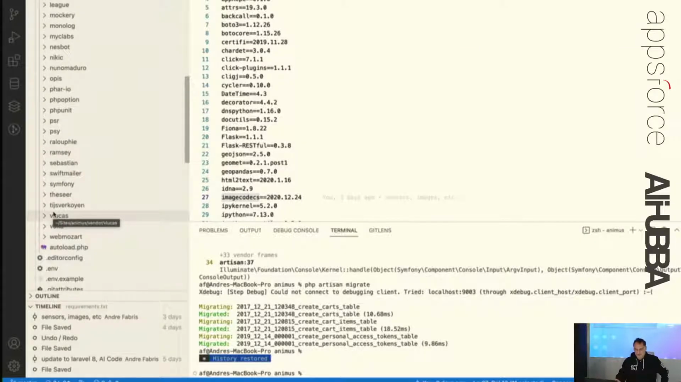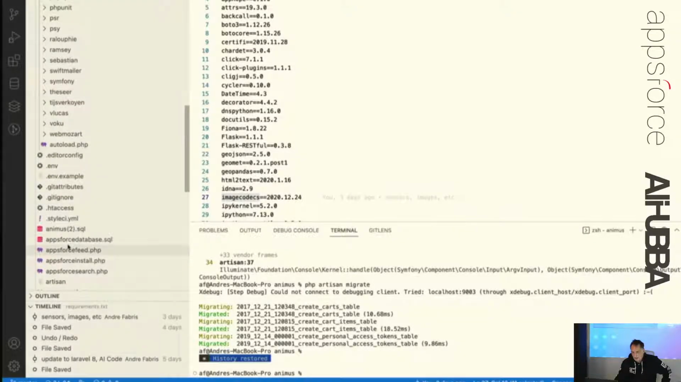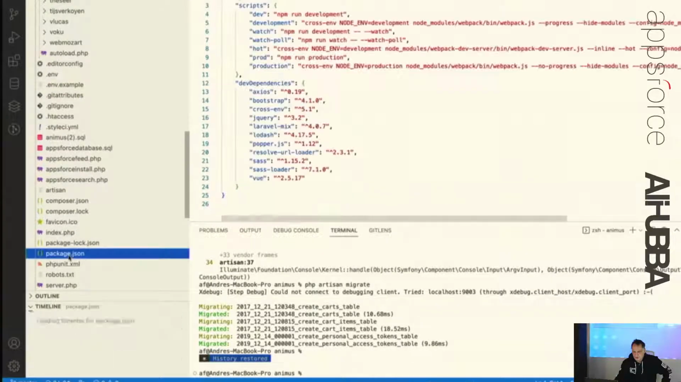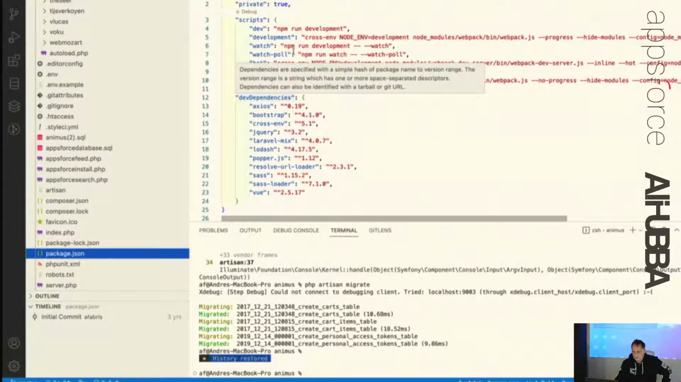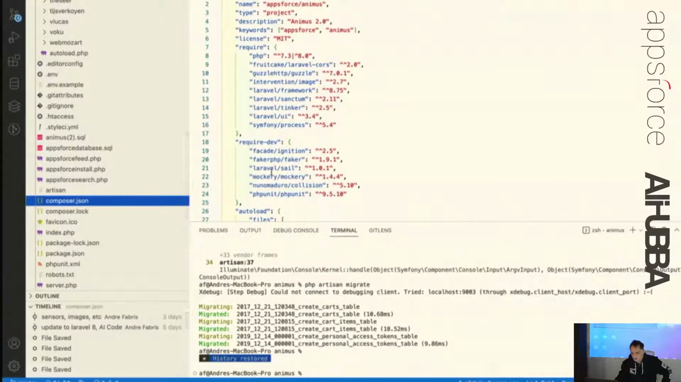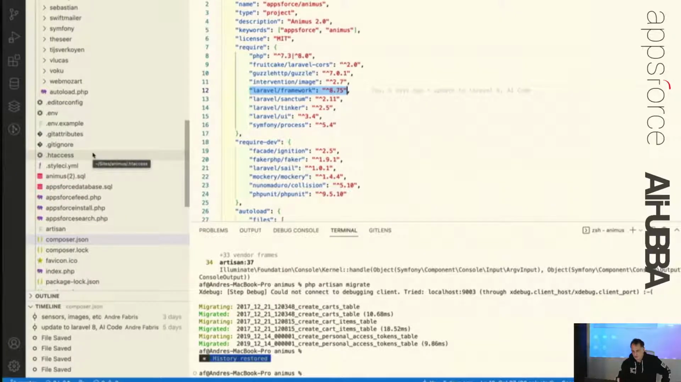How do I install this? Well, I install it using Composer, okay? So Composer uses this composer.json file, okay? Package.json is for Node.js. And it just installs all these things that I need here. So as you can see, for Animus I use Laravel Framework 8.75. Okay, so then what it does is download all those files,